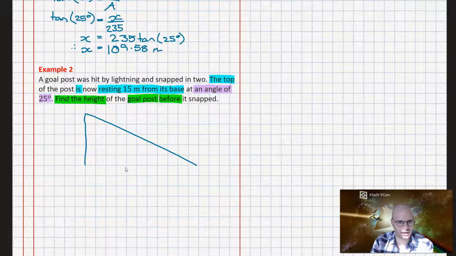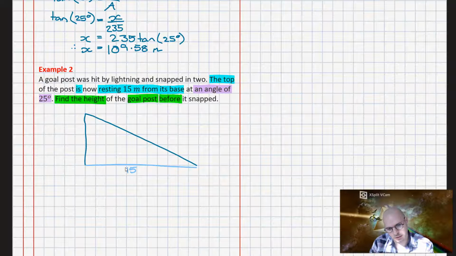And what we're going to find is that the angle is 25 degrees. So this is 15 meters, and this is 25, and up here is where it snapped. Now, once again, we're going to assume that the goalpost points directly upwards, so 90 degrees, so we'll put a right angle in here. Now that we have completed our diagram, it's a case of simply labeling all the important